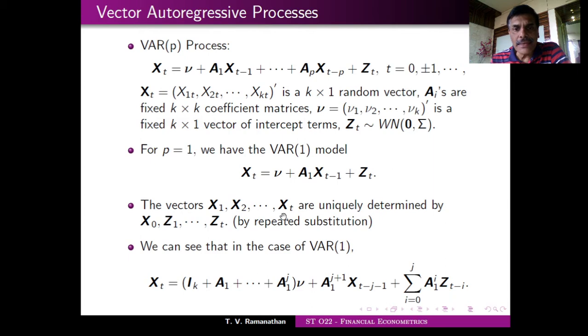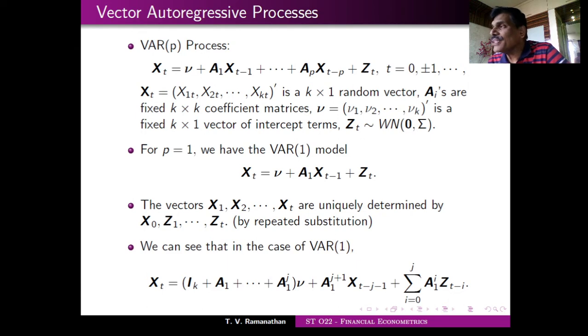So ultimately you end up having this particular kind of representation. Now if nu is 0, this term would not have been there. But if it is not 0, as j increases, you will get an infinite sum here, right? And similarly, this also goes to infinity as j becomes infinity. So what is required, like in the univariate case, is to show that these three terms actually converge and you get a proper random variable, because that is what xt is. So the process exists only if this happens.